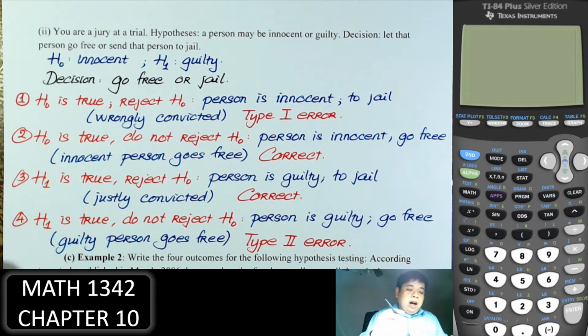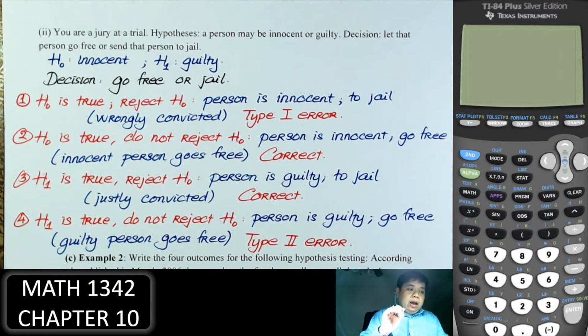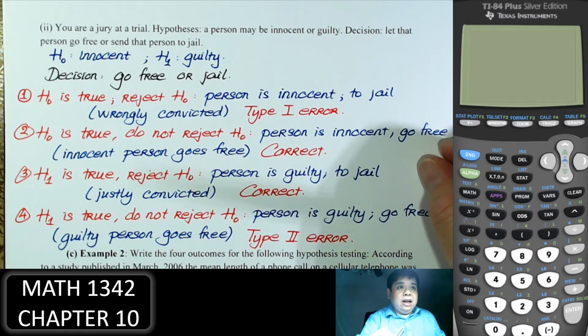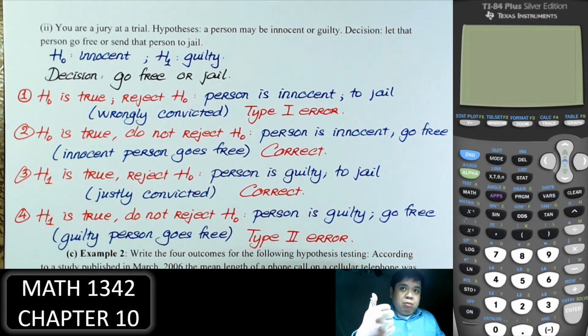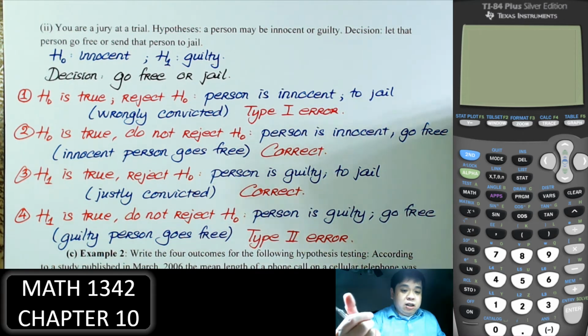We said that unless you believe the person is guilty beyond a shadow of a doubt, or beyond a reasonable doubt, unless you believe that the person is guilty beyond a reasonable doubt, if you cannot say that, if there is some reasonable doubt, then the person is